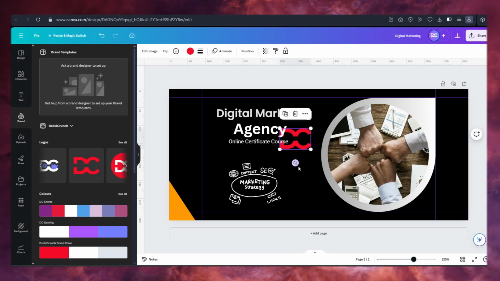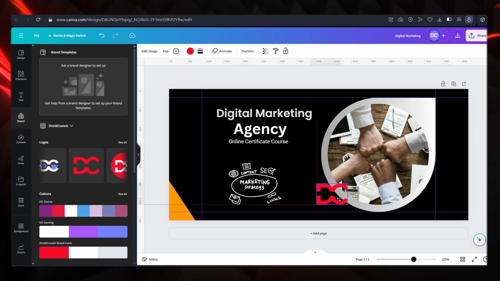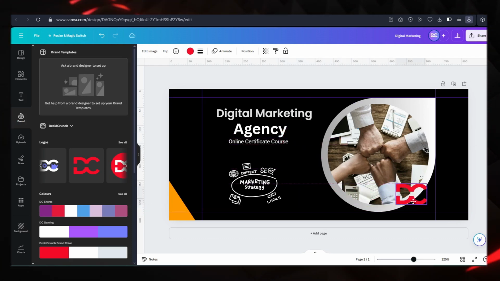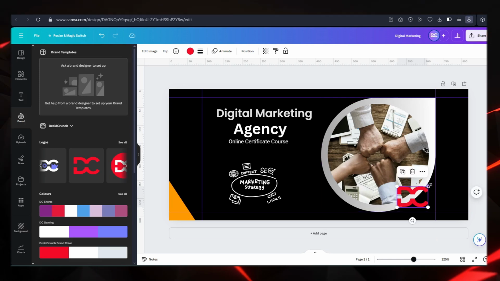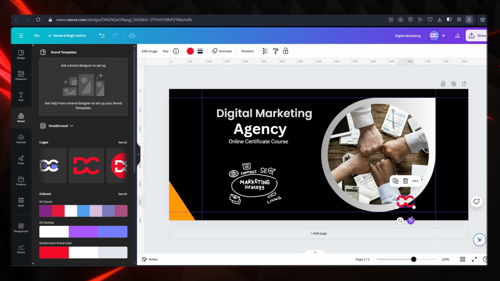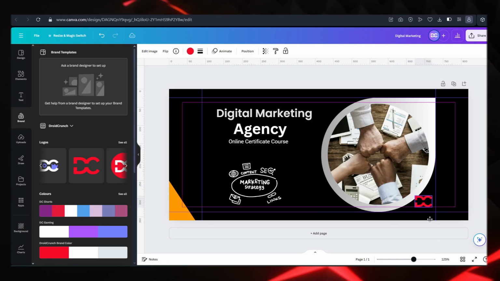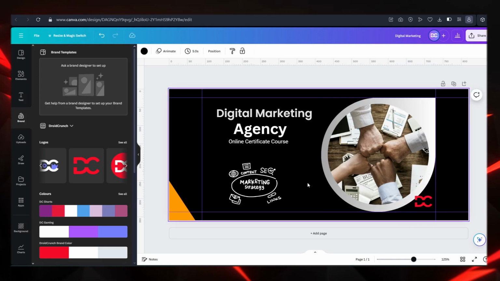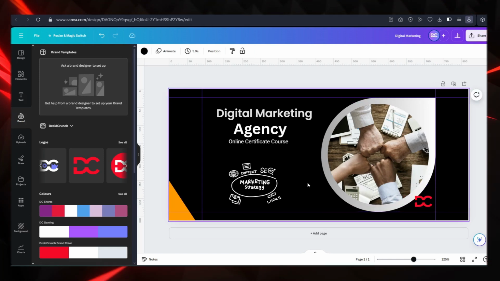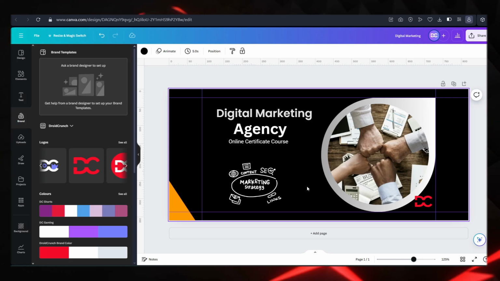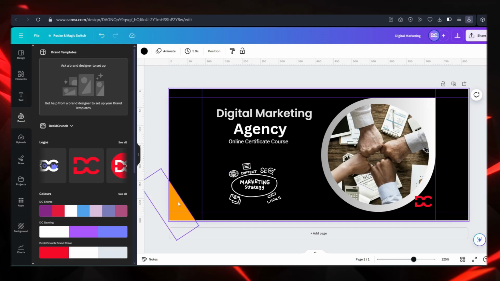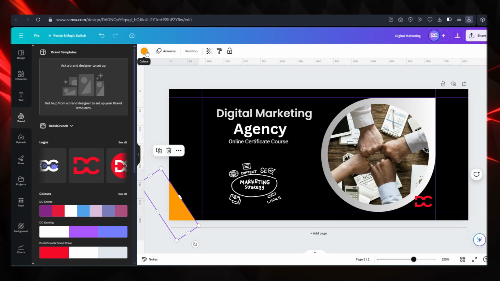It's very easy to move around anything on the template. It is easy to change, modify, and customize, so you don't have to worry about it. You just have to select a template that matches your idea. You don't have to think that you compulsorily have to use it exactly as it is given.